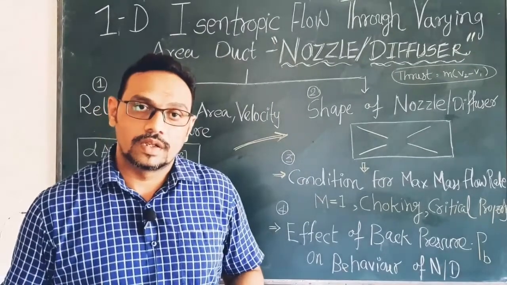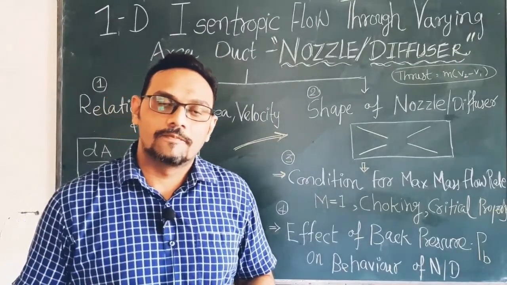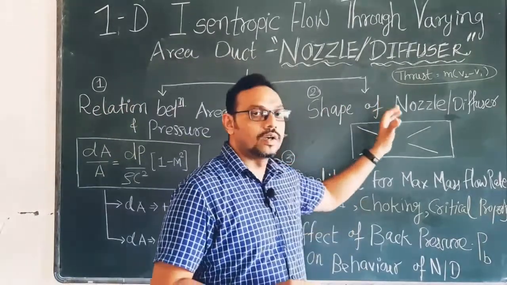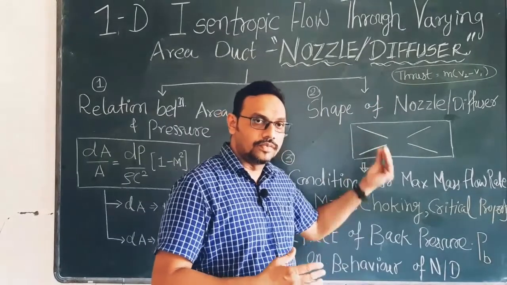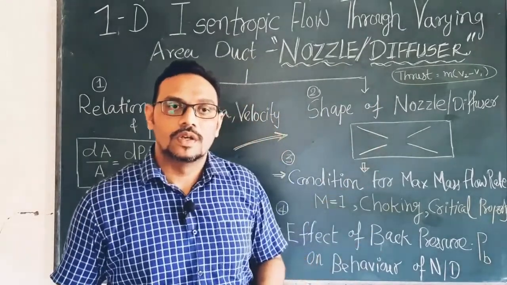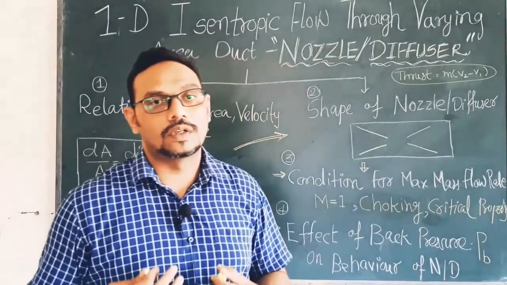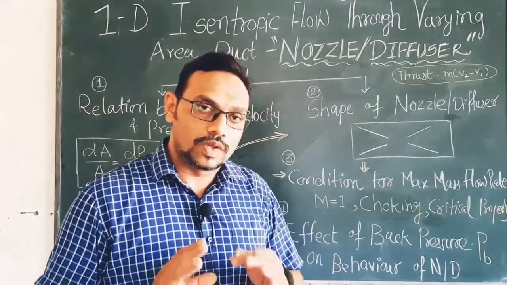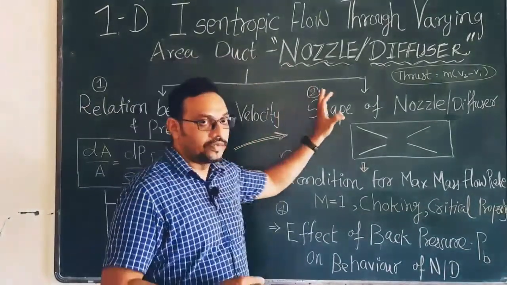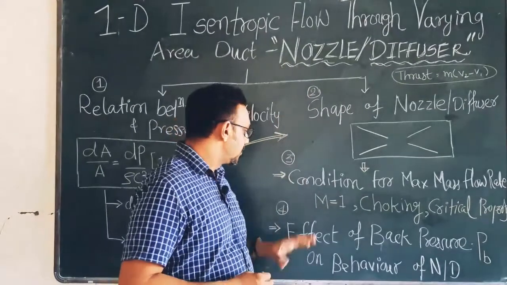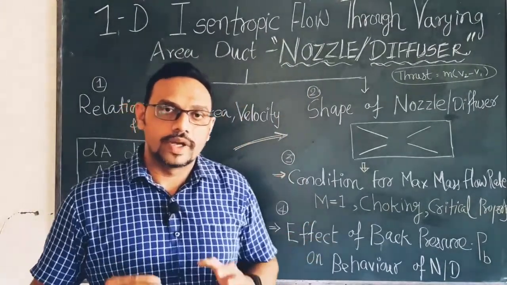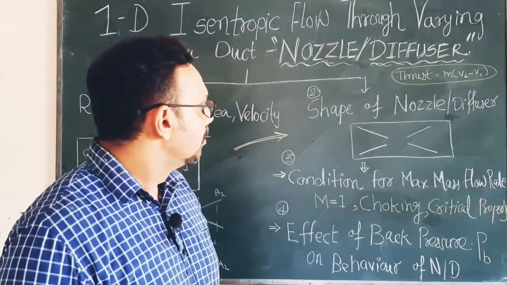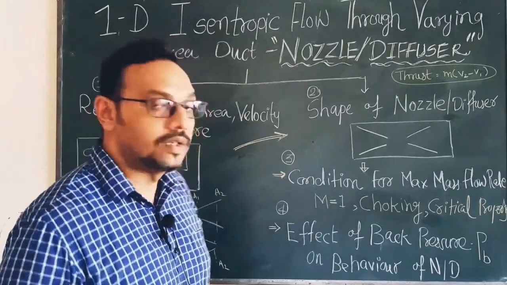What happens when compressible fluids like air, steam or gas flow through this nozzle or duct? How do the nozzle and diffuser behave, and what happens to the fluid properties of this compressible fluid? That we will try to understand. To understand the behavior of nozzle and diffuser, today we will explain four very fundamental and very important theories. Based on these theories, we can understand the behavior of nozzle and diffuser.